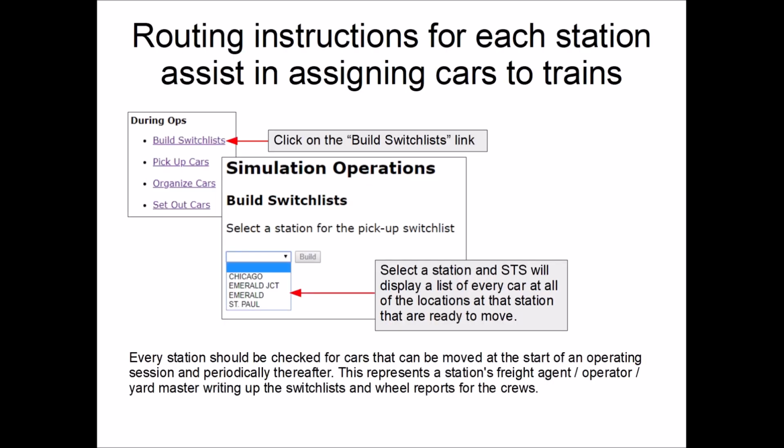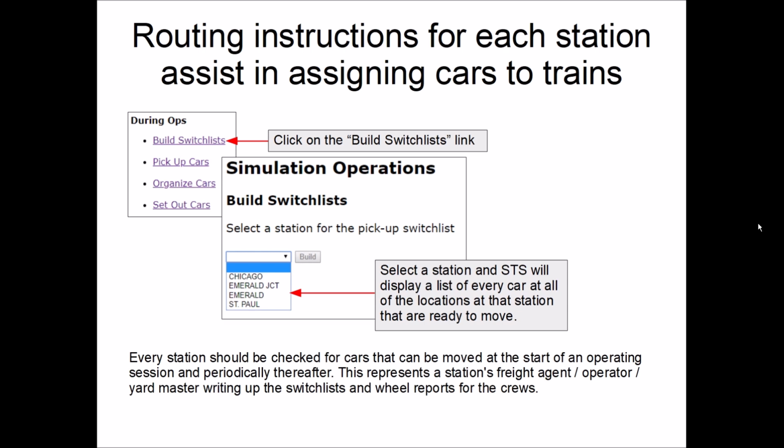So as you see here on this slide, we go to the Build Switchlist link. That's in the during operations section. Now to build switch lists, we go to each station. This simulates the freight agents or yard masters at each of those stations figuring out which cars will be handled by which trains. In real life, the person at that station would generate some switch lists or wheel reports,